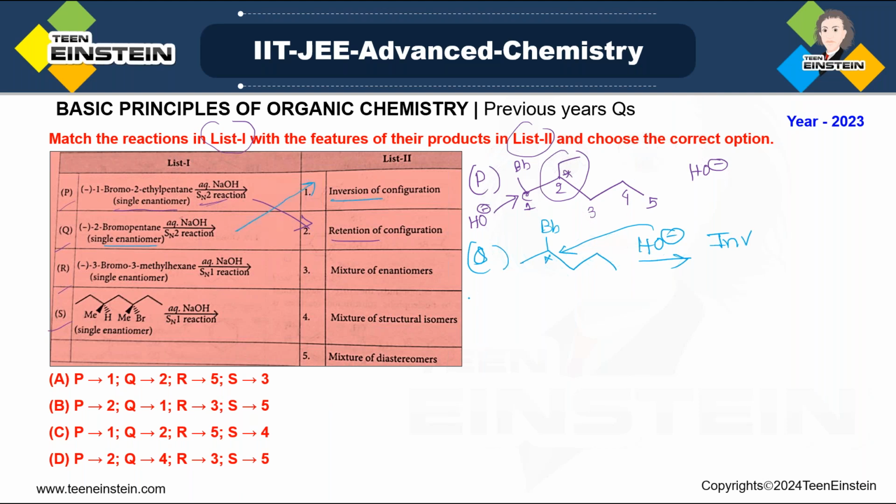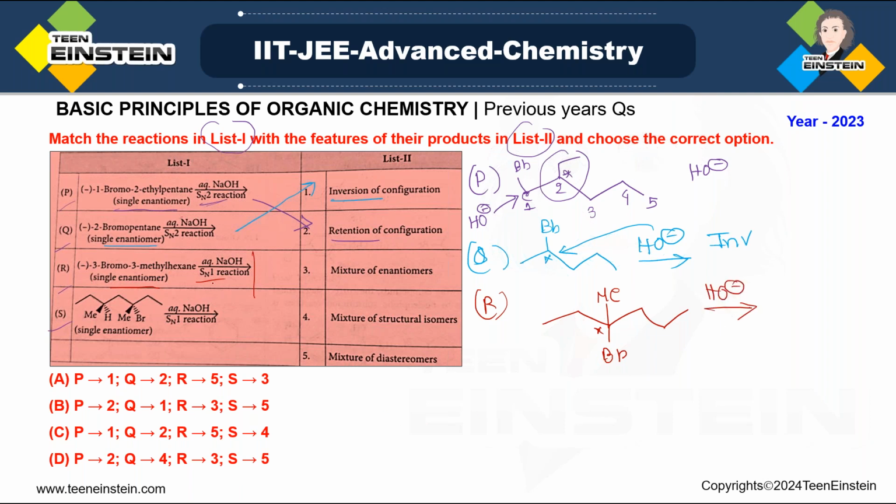Okay. Now come to the next one, which is R. In R also we have single enantiomer, and we are attacking with NaOH, again same reagent, but now the reaction is SN1. We will draw the structure here. 3-bromo 3-methyl hexane. So this is hexane. At 3 position there is bromine, and at 3 position there is methyl group also. So this is the chiral center present in the molecule, and when you are treating it with HO minus,